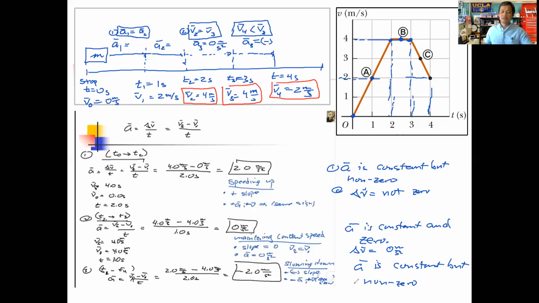Okay, the change is going to be zero. And same thing down here. Let's go ahead and indicate that. And in the last instance, delta V is also not zero. Okay, all right, so that's everything that we did yesterday, and that kind of sums up for us